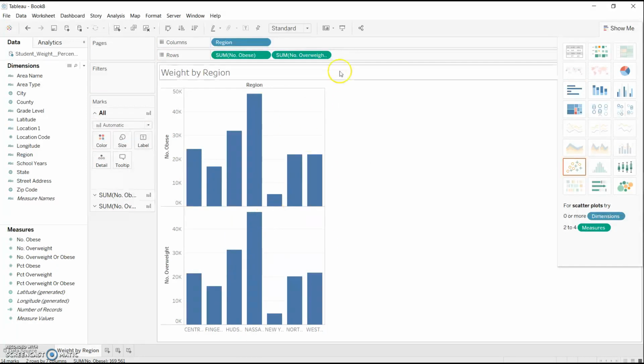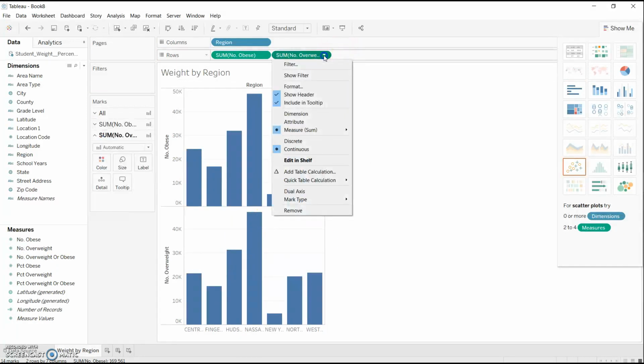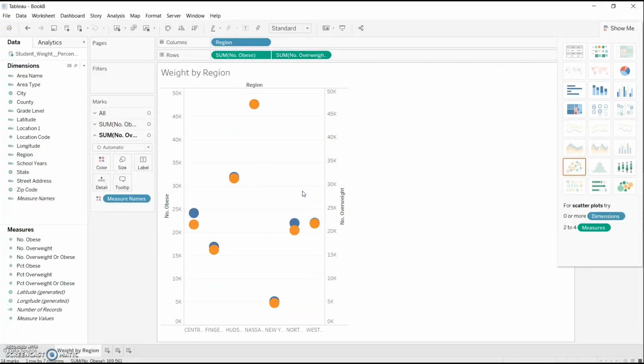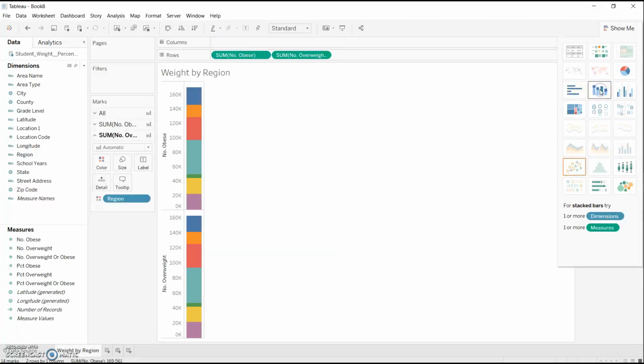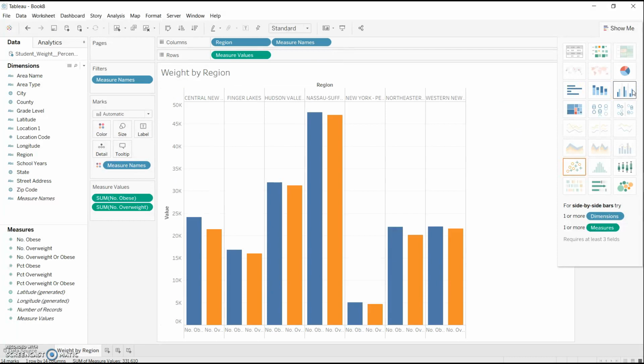I actually want to do a side-by-side comparison, so I'm going to click on my drop down and hit dual axis. It gave me some form of scatter plot, which is not what I want. I actually want a bar graph. So we're going to choose the one that we want. Okay, so this is the one that I want. It gives me a side-by-side comparison. It gives me the region, and it also gives me the